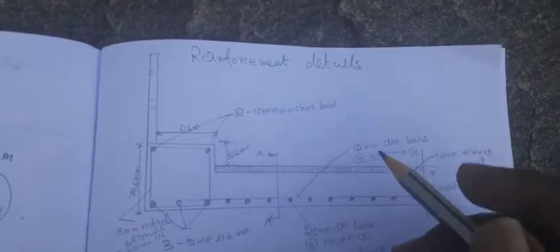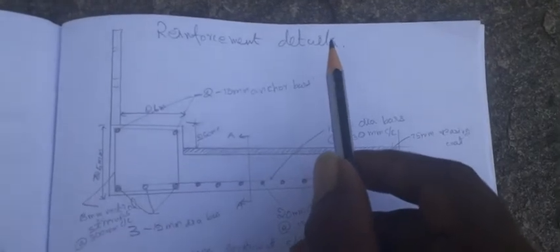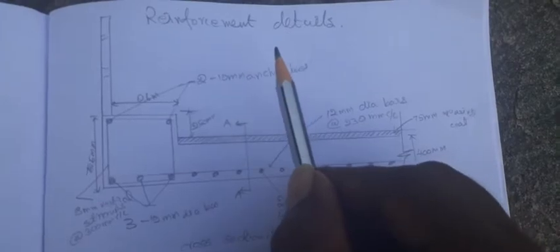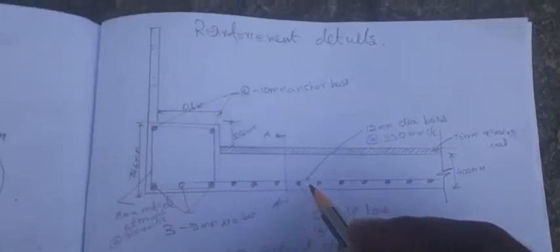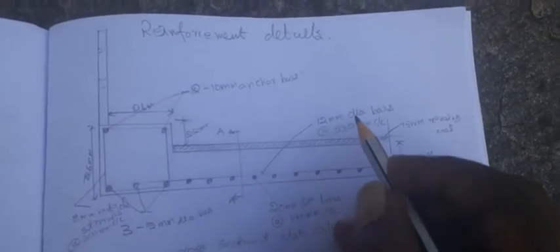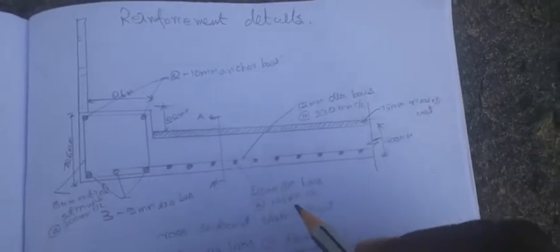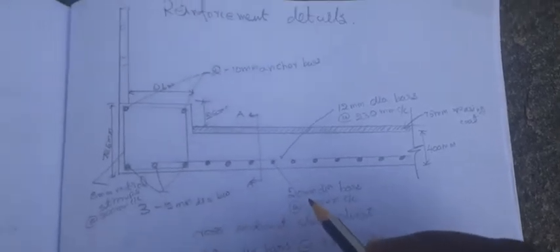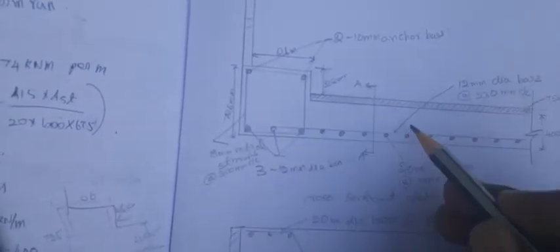Here, the designs are over. So here I am providing the reinforcement detailing. So already we know the main reinforcement is 1607 mm. So here it is the main reinforcement. We know the main reinforcement has 12 mm diameter bars at 230 mm center to center. So it is a main reinforcement, and the main reinforcement is 20 mm diameter bars at 190 mm center to center, and the distributor is 12 mm diameter bars at 230 mm center to center here.